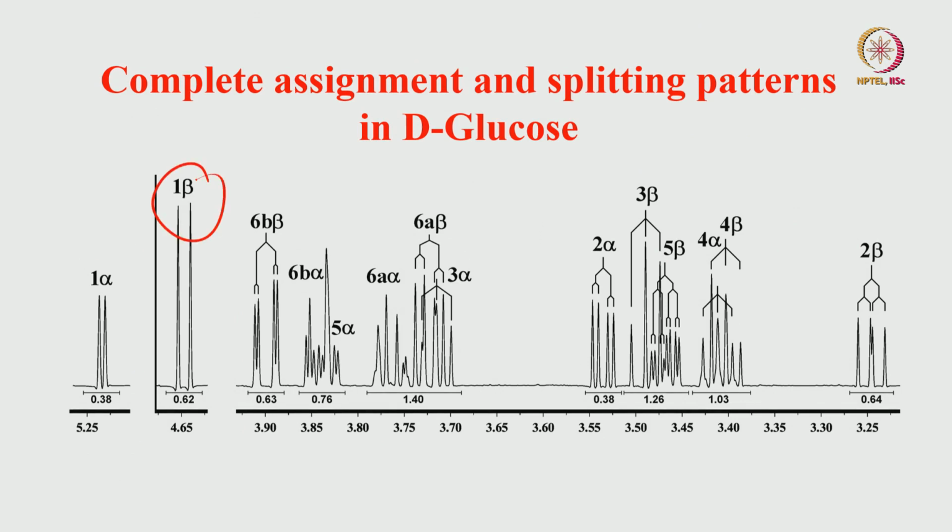This is where you can see the expansion. Beta, which is axial coupling, is larger, and this is smaller alpha. We use that as a starting point and use the COSY to make the assignment. Okay, with this most of the assignments we have done, and what I am going to do is